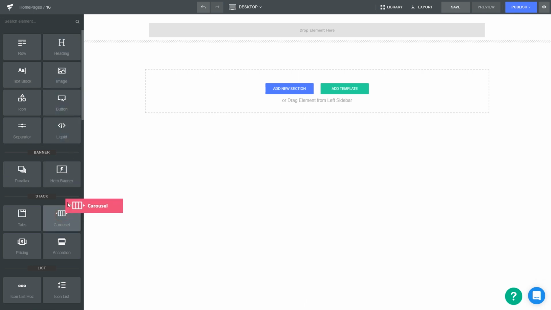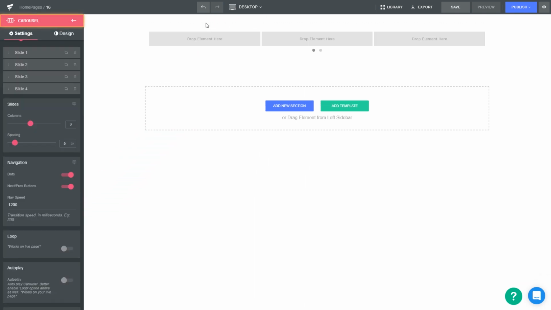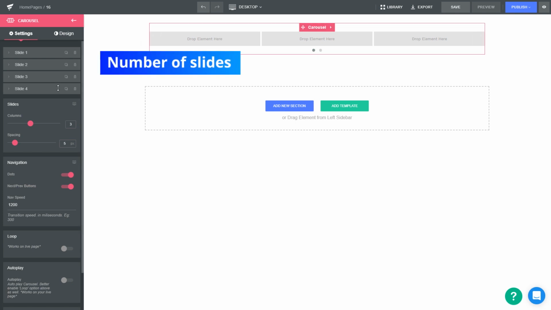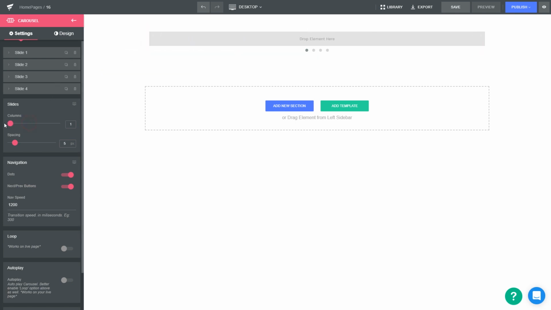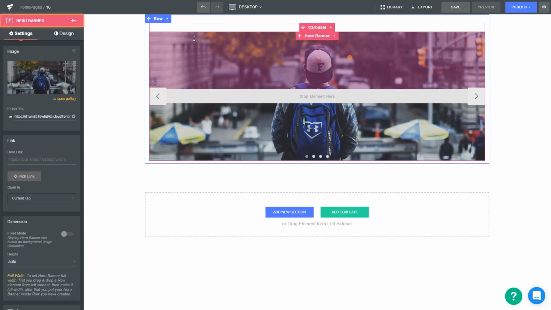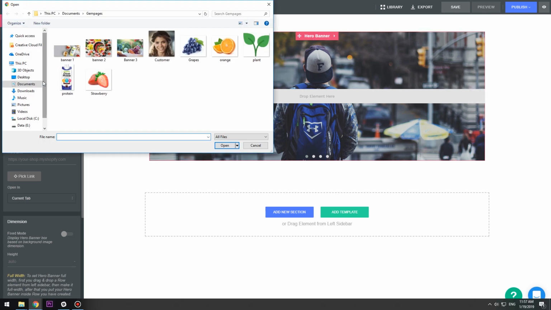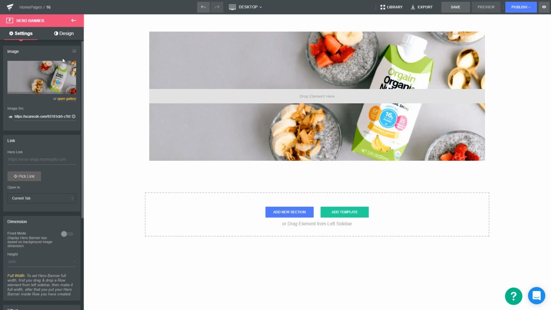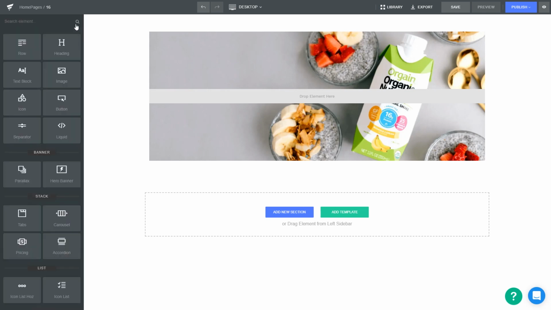So here we drop a carousel, set the number of slides that we want to display, set one column for this carousel. Now let's drop a hero banner into this slide. By default, this hero banner contains a background image and an element box for you to drop elements into. Let's change this background image. You can insert a link for this hero banner. Now I'll drop content here